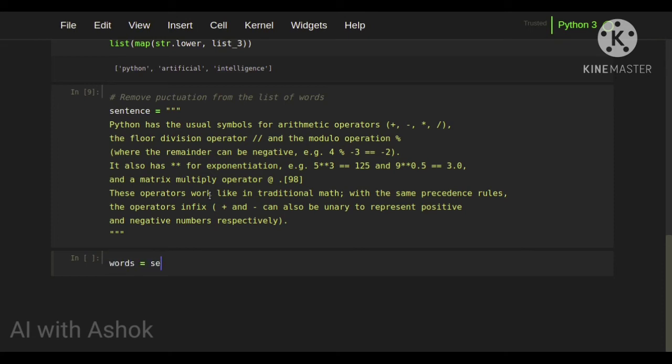Words is equal to sentence.split. We have the split function for each string, and we are going to split this based on spaces. So here we have spaces, so Python and has will be separate words, so we split it here.